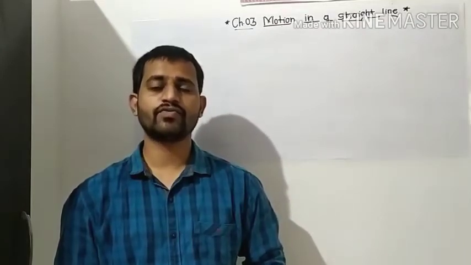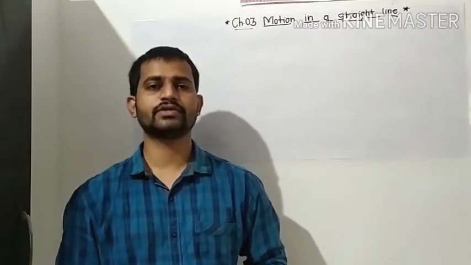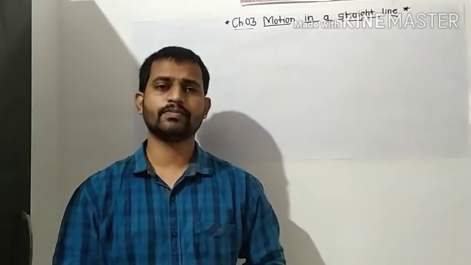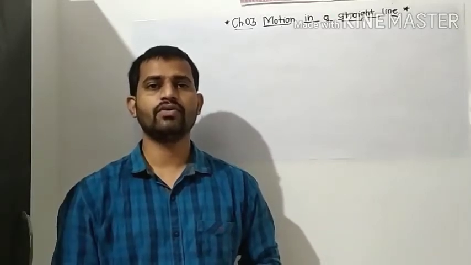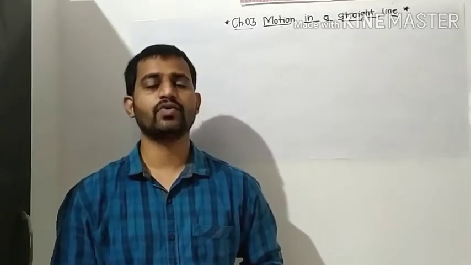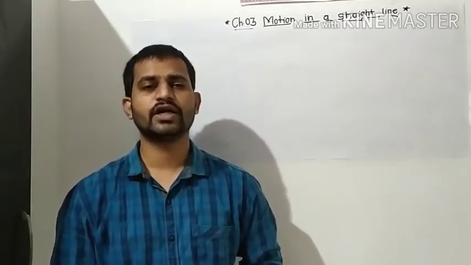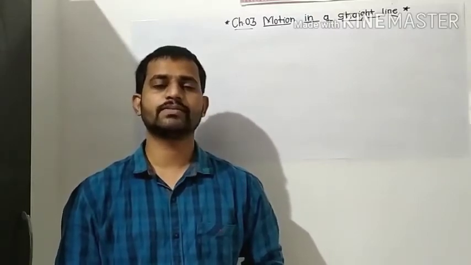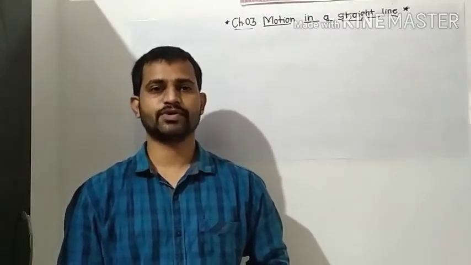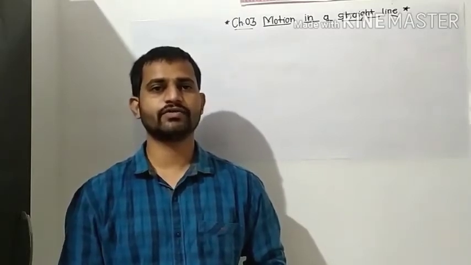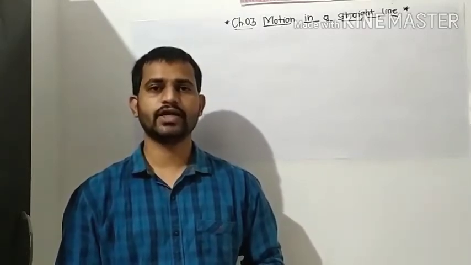We have to prove all these three equations based on the method of integration. For that purpose we have to apply the rules of the definite integration, that is, we have to use some limits to our expressions. So for the first equation, that is v is equal to u plus at, let us consider